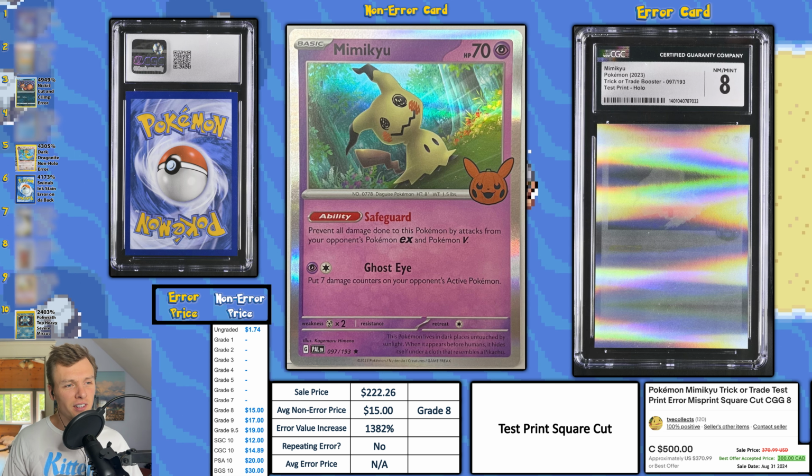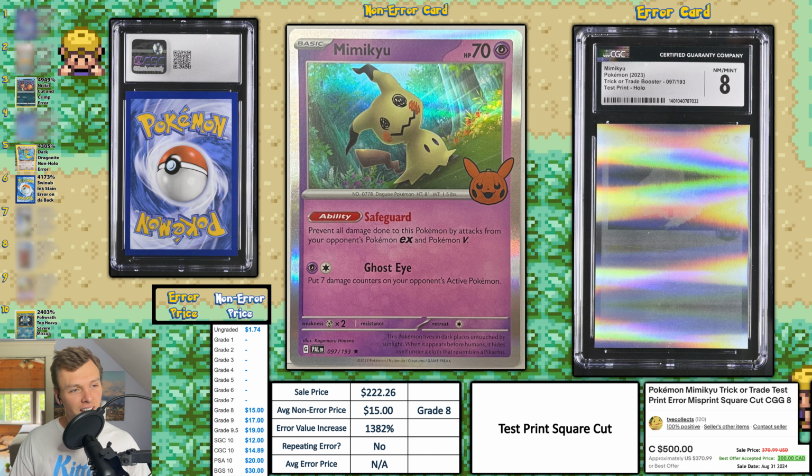You can see the front of the card is very, very foily, but doesn't have much else on it. It's very hard to see. You can maybe make out that it's a Mimikyu. You can see the carved pumpkin Pikachu there in the right of the Pokemon card. But yeah, I don't know why they would test print this card. I guess maybe just testing to see how it looks or how the foil looks. Whatever the reason, this got graded a CGC 8 and someone sold it for